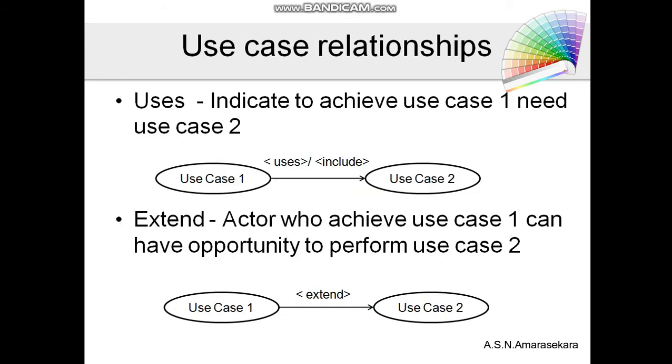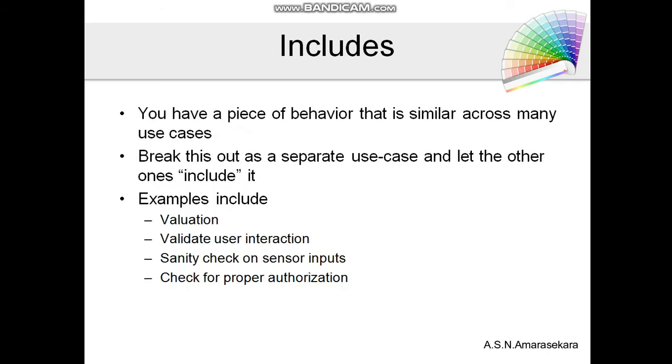There are two types of use case connection. The use relation, also called the include relation. The second type is the extend relation. Now I am going to explain each relation in detail. First, include. Some use cases use other use cases. In other words, when performing the selected use case, it requires the functionality of another use case. As an example, when calculating employee salary, it requires or uses the help of the recording attendance use case.